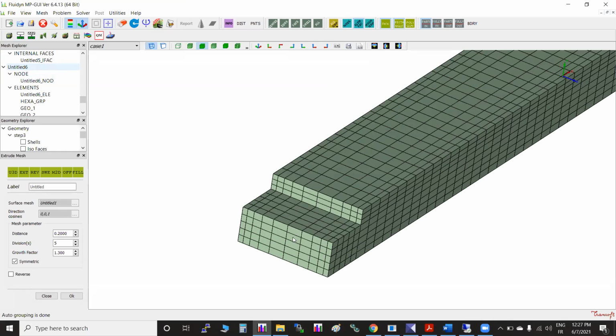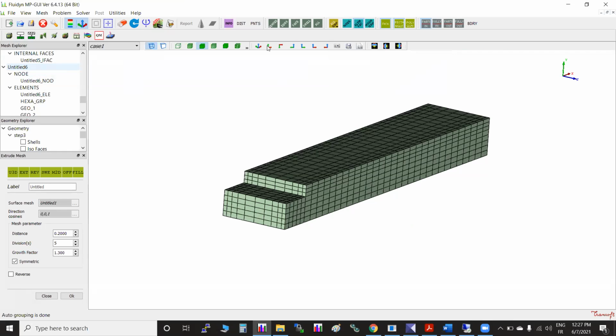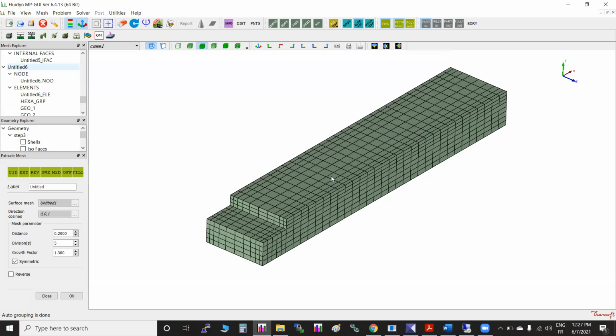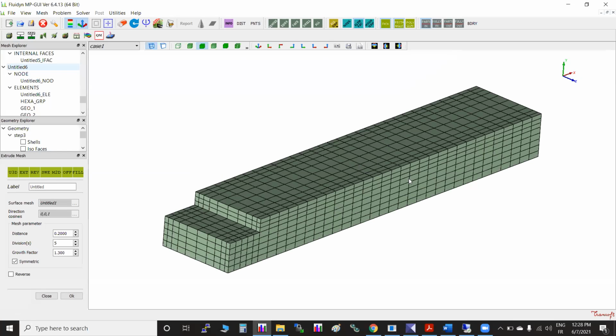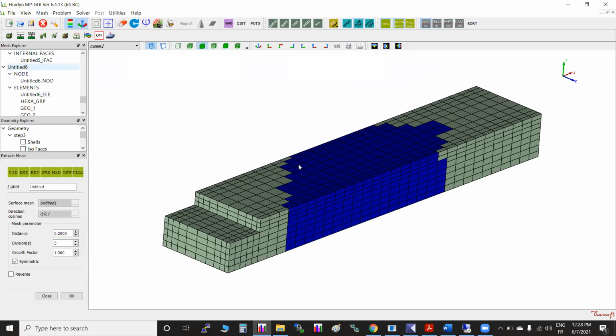And as I told you, any part of the new mesh can be created. Okay. For example, if you have a fluid solid interaction and some elements are solid, some part of this mesh, you can take it and create. Sorry. So some part of the new mesh, you can create a solid.